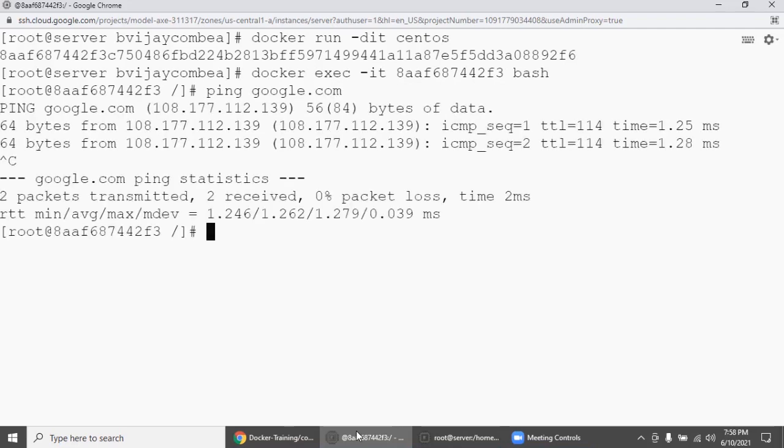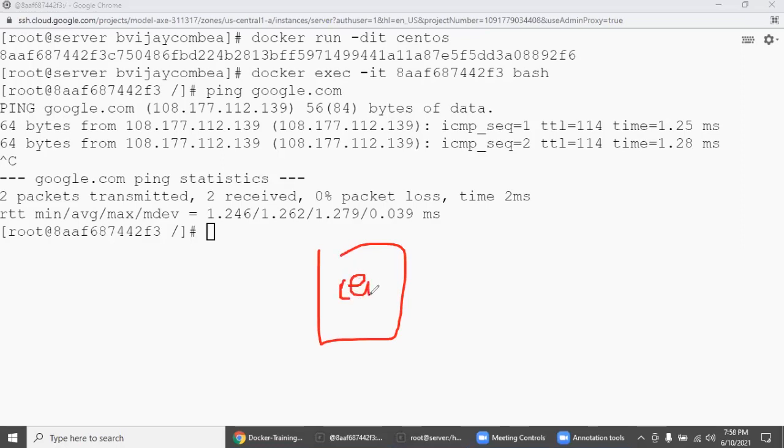Because of the CentOS image. Okay, I will just explain. This is the CentOS image. This is the Nginx Docker image. They are stored in hub.docker.com, a kind of image repository. So in this CentOS image, the ping command is working, which means the iputils package was installed, and they took the image and stored it in the image repository. But this Nginx has nothing to do with iputils, right?